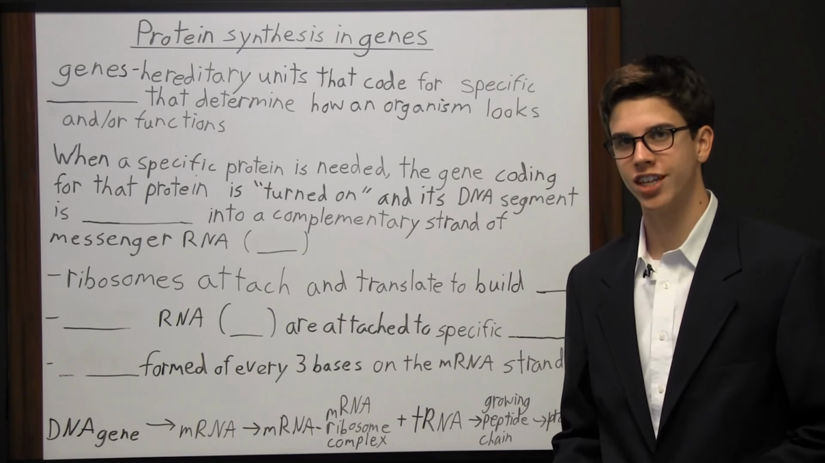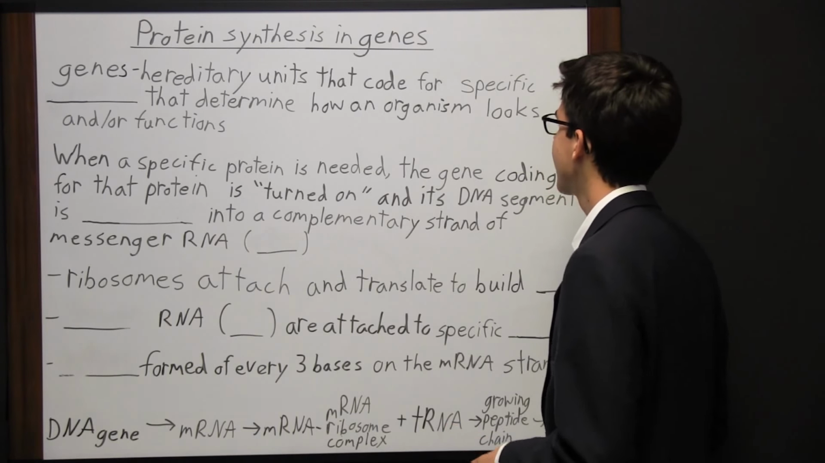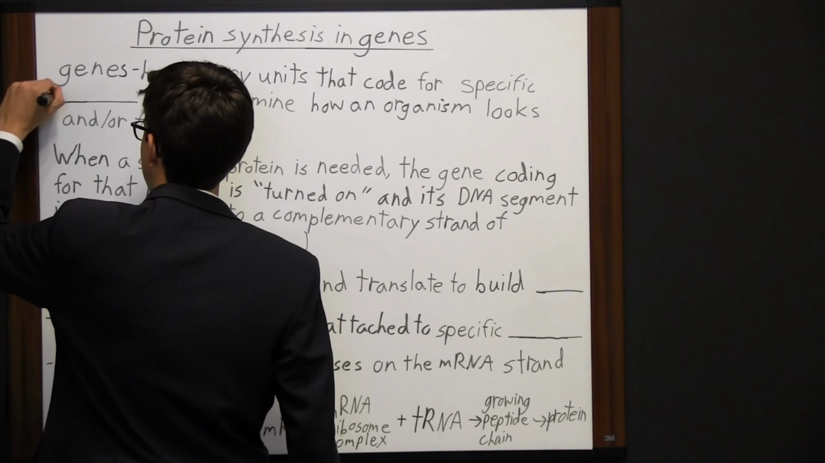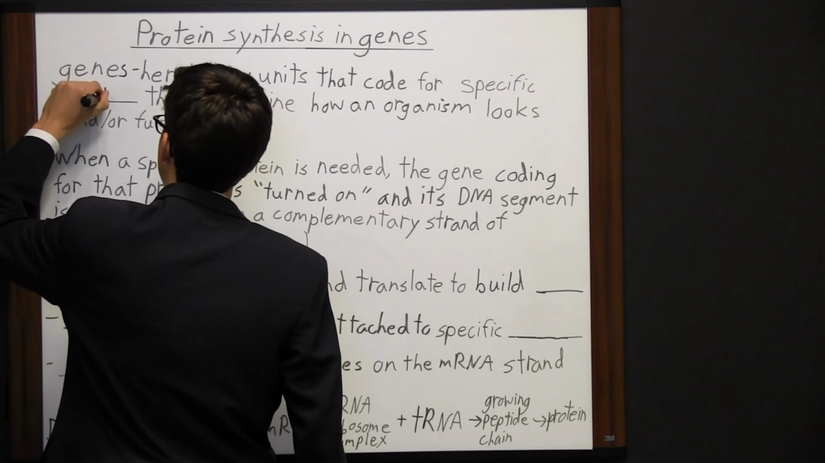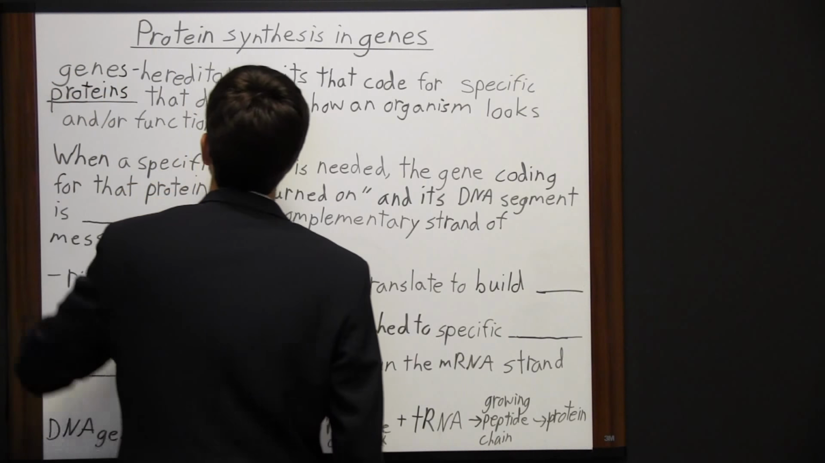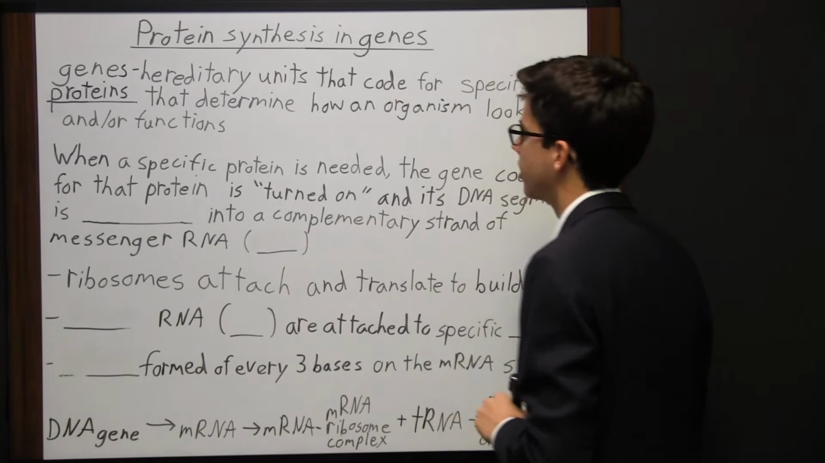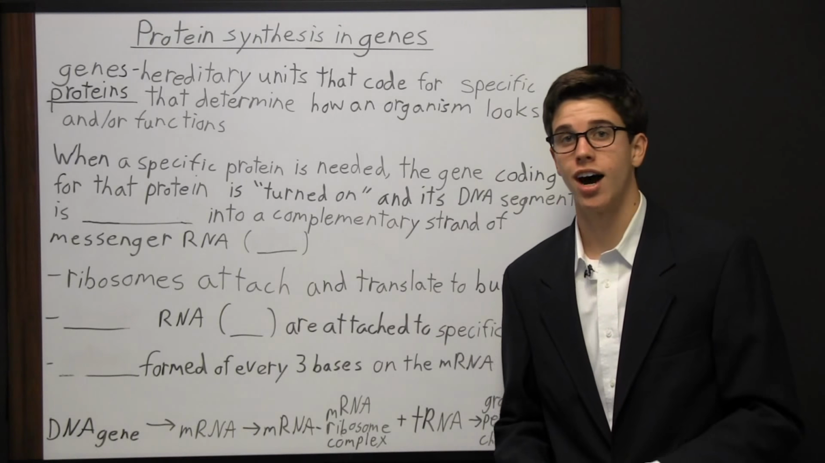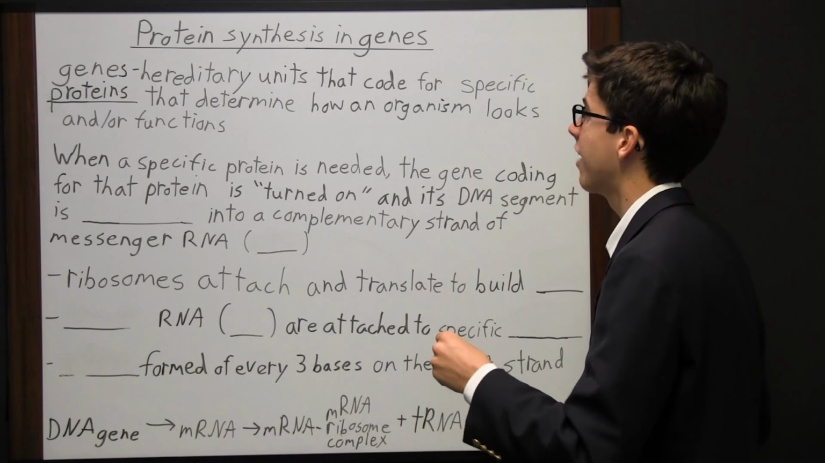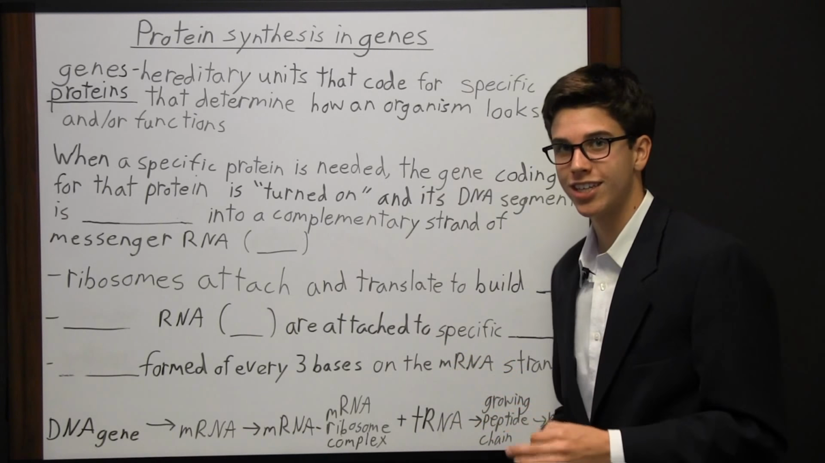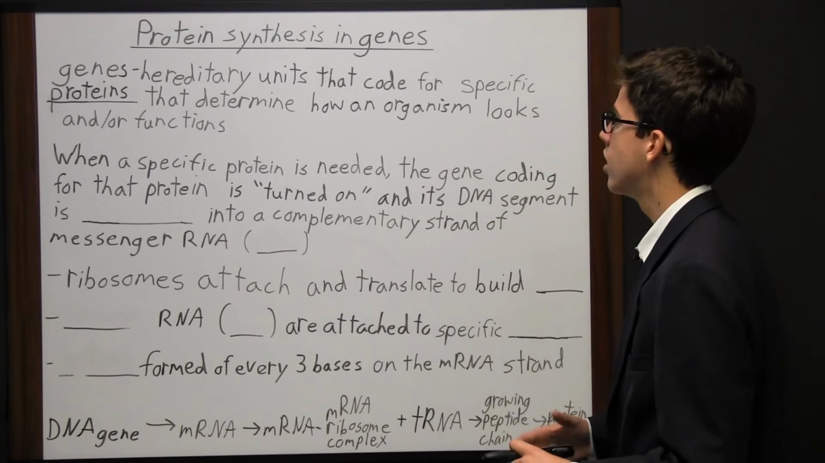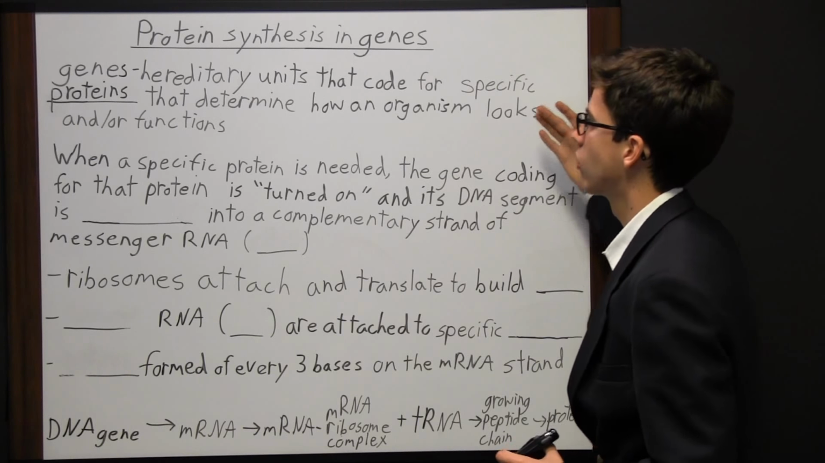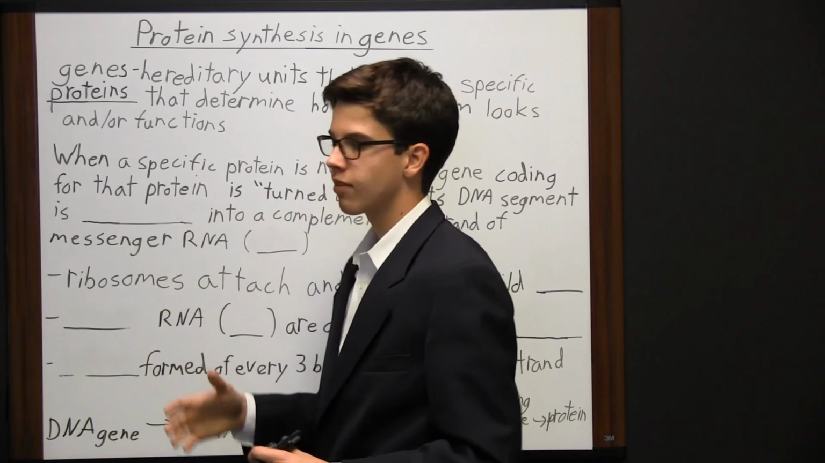We can describe genes as hereditary units that code for specific proteins. And these specific proteins determine how an organism looks and/or functions. So this explains why an offspring often looks like its parents. It's because we have genes, which are hereditary units, being passed down. So traits are being passed down, and that's why the offspring is going to look and/or function similar